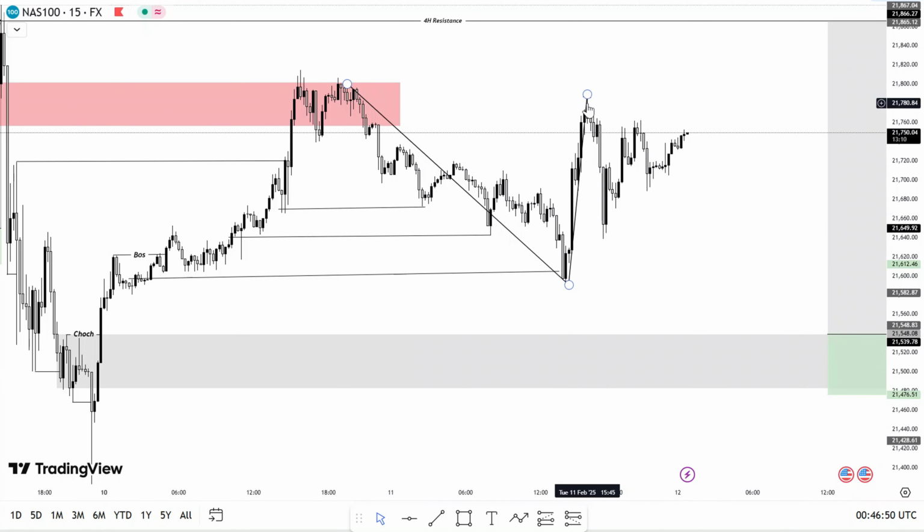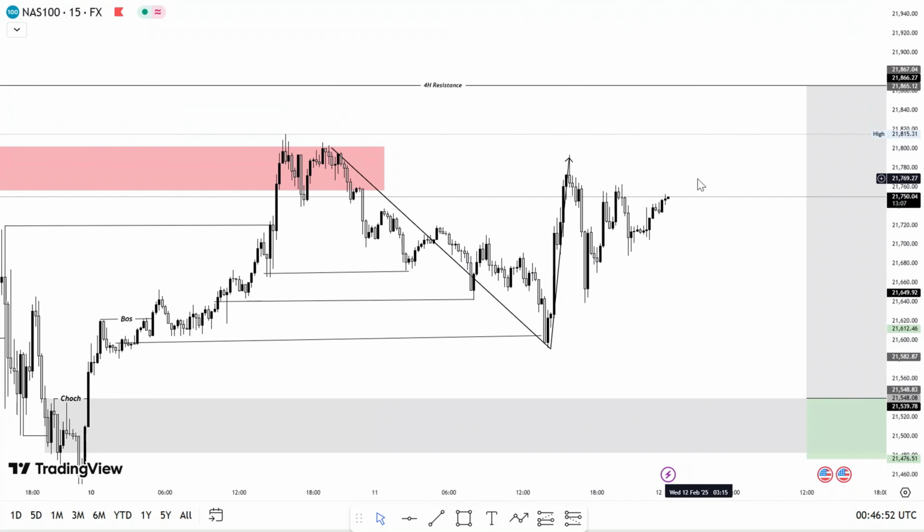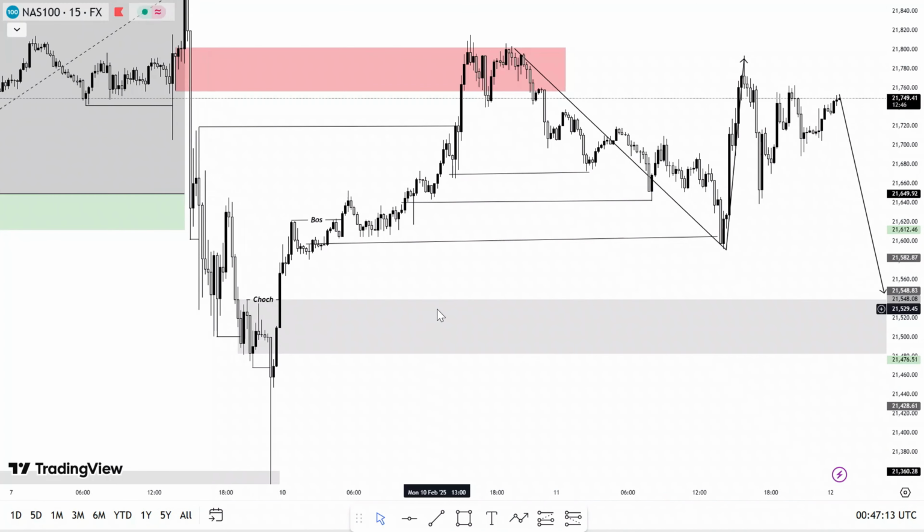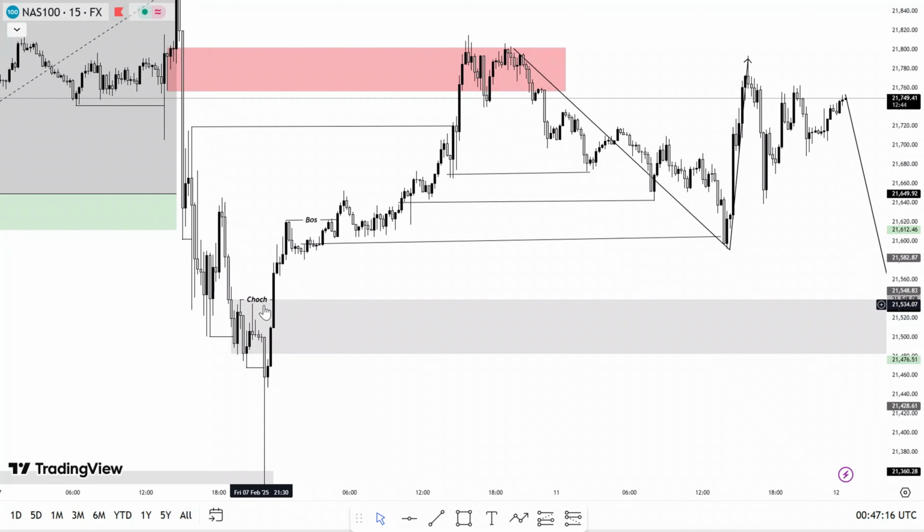Now, if you observe, after the market even made this push up, the market finds it difficult to actually create another break of structure to the upside. Okay, the market is still consolidating around this level. The reason it's consolidating around that level is because the market has not actually swept liquidity. If you observe closely, this is the only area that the market has not mitigated, which means after this